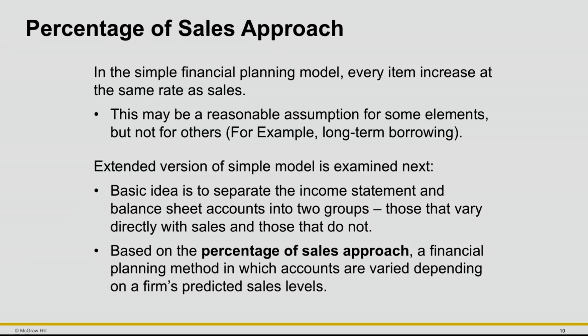On the balance sheet side, as I've already mentioned earlier in this chapter, not all of that is as easily dealt with. Certainly, current assets and current liabilities will probably go up spontaneously with the level of sales, but maybe not so much with fixed assets. And then we have to remember that we've got that net income that isn't paid out to shareholders going across and adding to the equity portion of the balance sheet. So this percent of sales method is usually kind of a starting point, and then we make various adjustments to it.